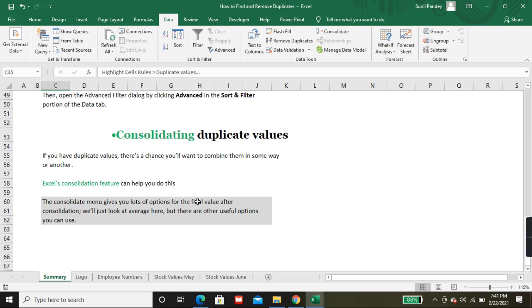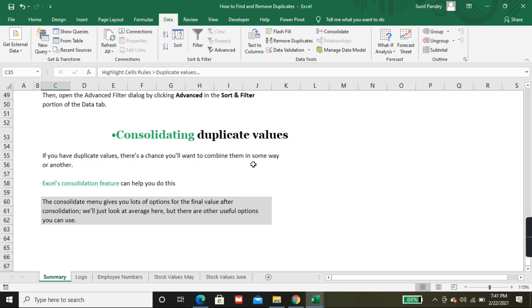If you have duplicate values, there is a chance you will want to combine them in some way or another. So there is an option called Consolidate in Excel that can help you to do this. The Consolidate menu gives you a lot of options for the final value after consolidation.